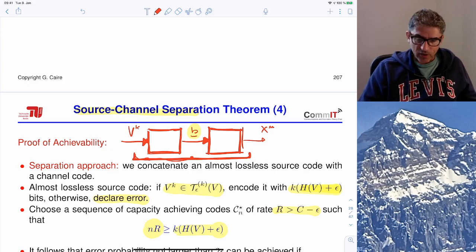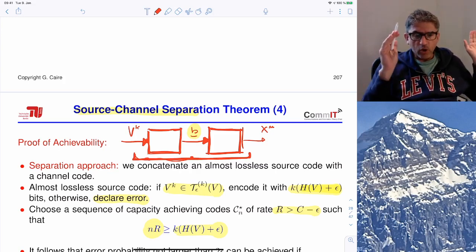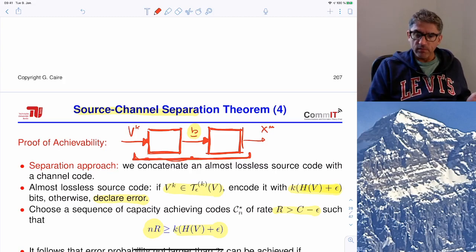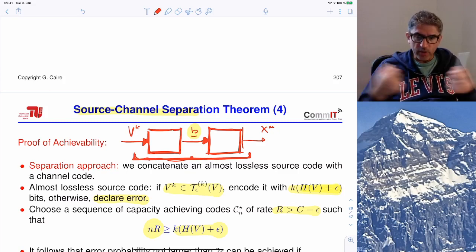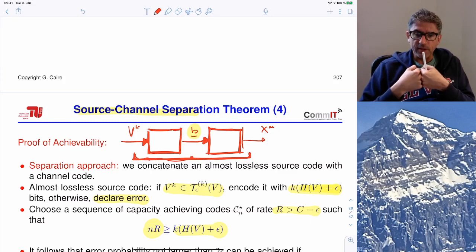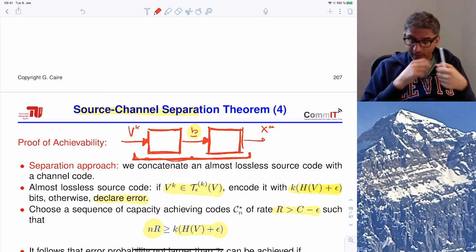This means that effectively we can focus on compressing sources with some techniques that depend only on the source, and transmitting information through a noisy channel with some other techniques that depend only on the channel. We put these things together and we get an optimal scheme. This is really nice because it says essentially that,